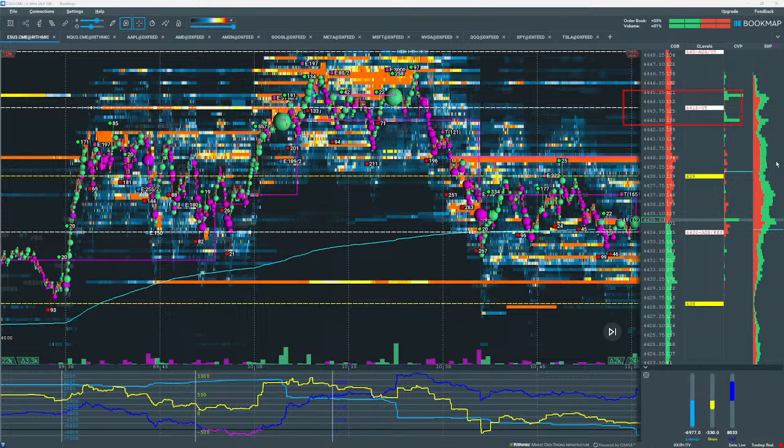I'm showing the ES to SPX difference at 34. It may be closer back to 35 now. So in that case, the 4410 would be a little bit higher. And the next clue is the Bookmap heat map, showing these large